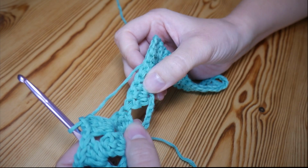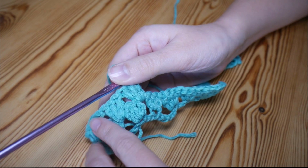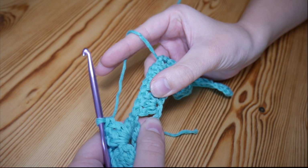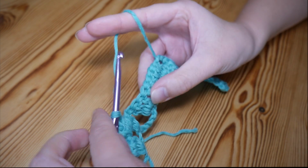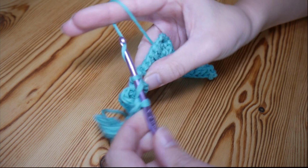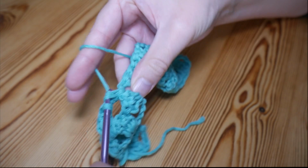Don't be tempted to work into that dip space because you don't want to do that, because we have already got our 3 sets of trebles. So we're going to skip over the whole of these stitches. So we're going to skip this cluster, the dip, and the next cluster. So you're going to skip these 2 clusters, and you're going to go straight into a new cluster after that second set. So straight in and create your new cluster. So your 3 trebles,